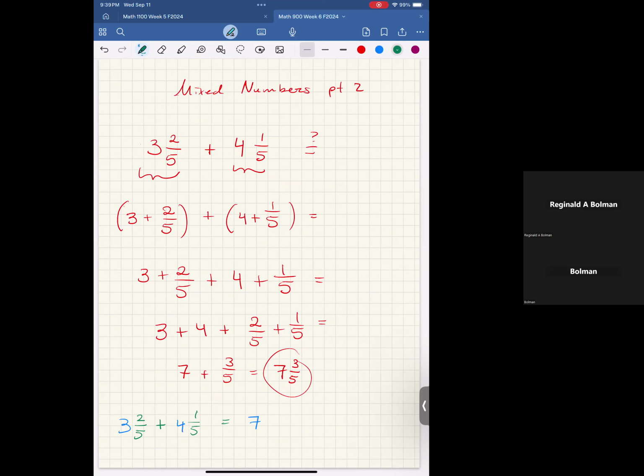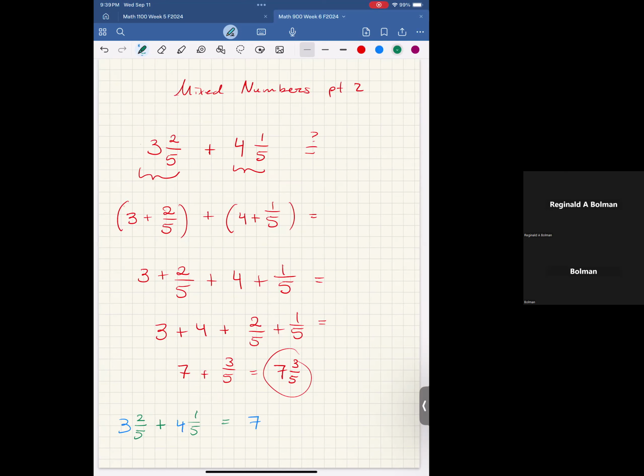Now, of course, this is contingent upon the denominators being the same. When the denominators are not the same, you would of course have to find some sort of a common denominator, at least for the fractional terms. However, even with the second problem, if you look at 2 and 1/7 added with 3 and 4/7, you'll see